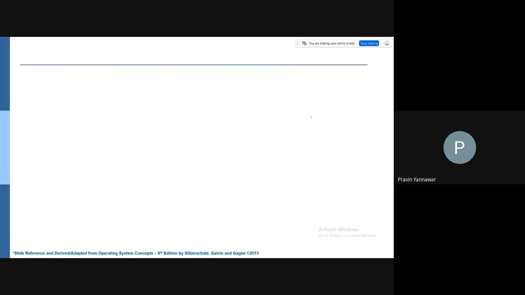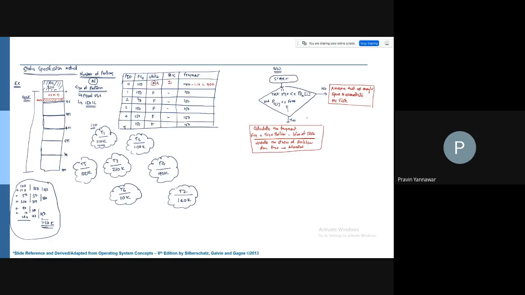We don't have enough space to accommodate the task here. Okay, so this is important, right? And then, from this particular point, we go back to here.